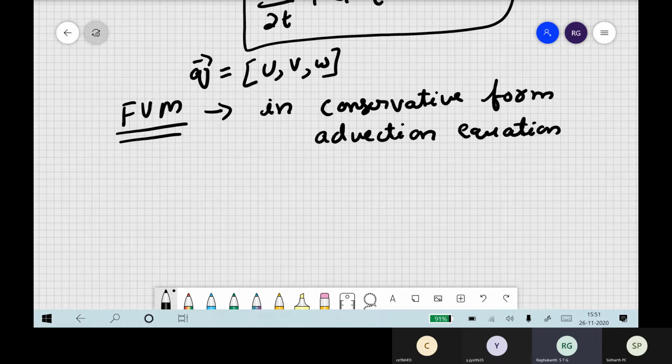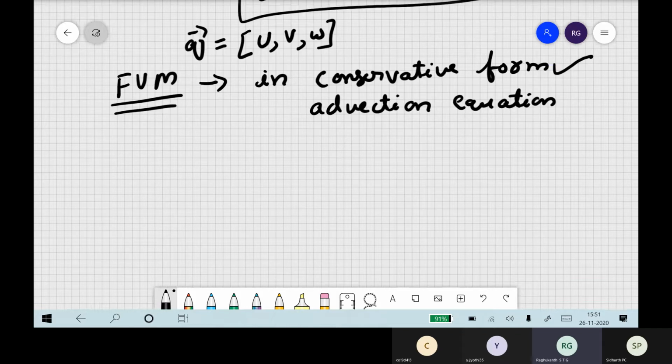This is a very important thing compared to FEM and the other methods, so you have to keep it in mind. For finite elements, it was very easy and straightforward. We already knew the equation of motion, we solved it in a weak form, and then we did it. But here you can't do that. You have to write the equations in a conservative format. These are the first important steps.